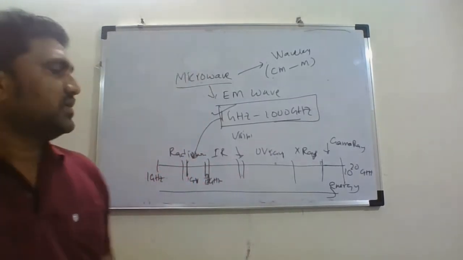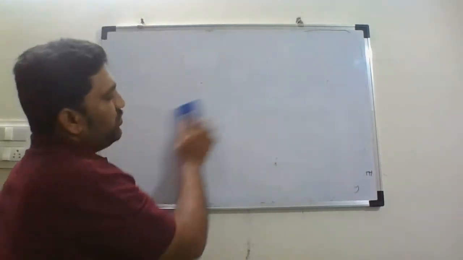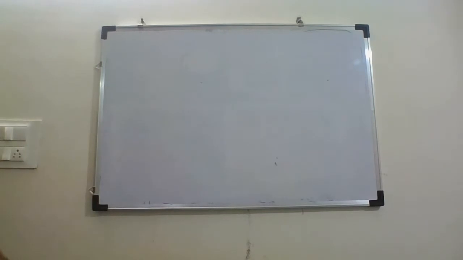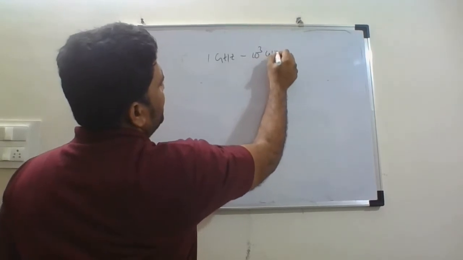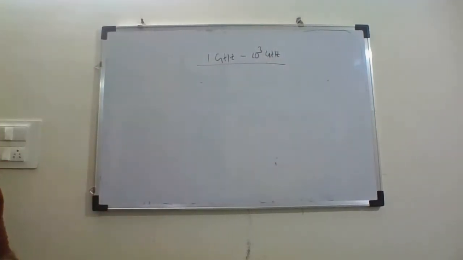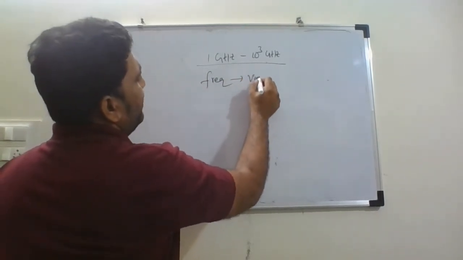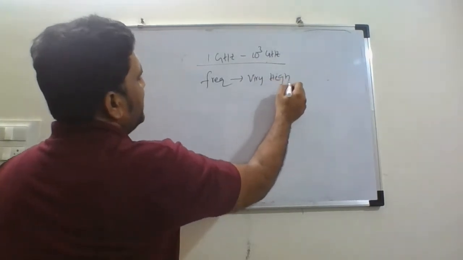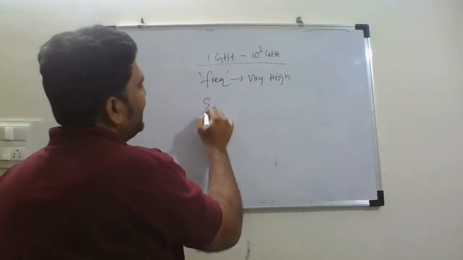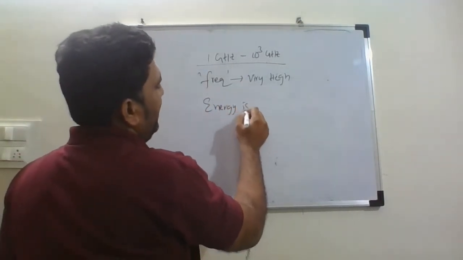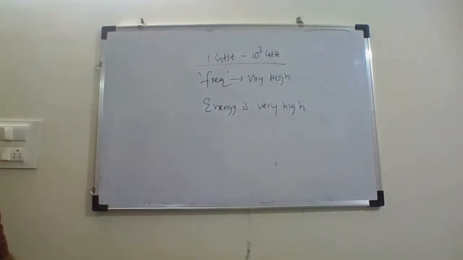At the same time, there is one more very important aspect. The frequency range of microwave signals is between 1 gigahertz to 1000 gigahertz, so the frequency of the signal is very high. As per Planck's rule, as the frequency increases, the energy carried by the signal is also very high. Therefore, the microwave signals,